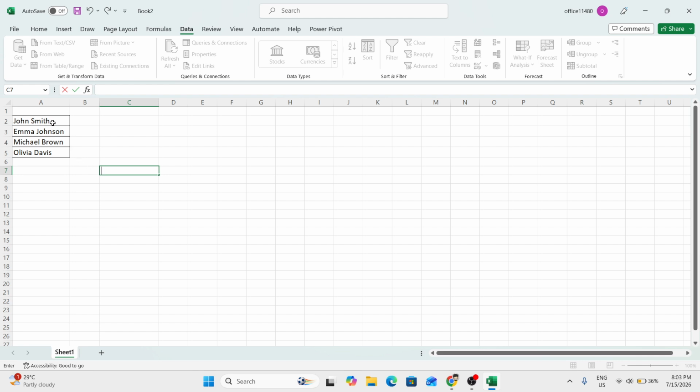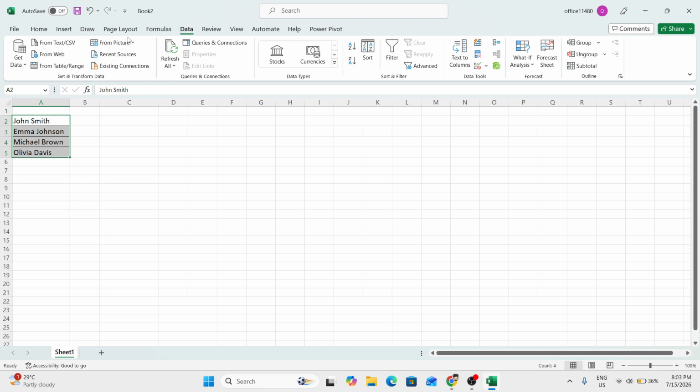To begin, select the cells that contain the text you want to split. For example, you might highlight a range like A2 through A5. Make sure you only select the cells you want to modify because Excel will apply the split to everything in that selected range. Once your cells are selected, go to the Data tab in the Excel ribbon at the top